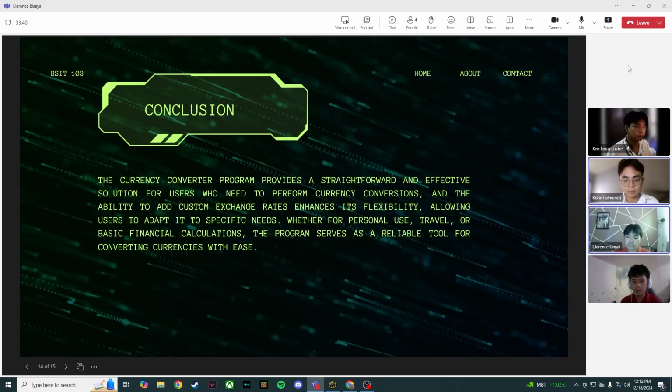By simplifying the entire process, the program allows users to focus on their priorities instead of getting stressed out by complicated math or outdated exchange rates. Its real-time updates ensure you always have access to the most current financial data, while its customizable options make it adaptable for unique situations. So essentially, this program takes the hassle out of currency management, making it an essential tool for anyone looking to save time, reduce errors, and confidently handle financial decisions. It's more than just a converter, it's a practical solution for navigating the challenges of an interconnected global economy.